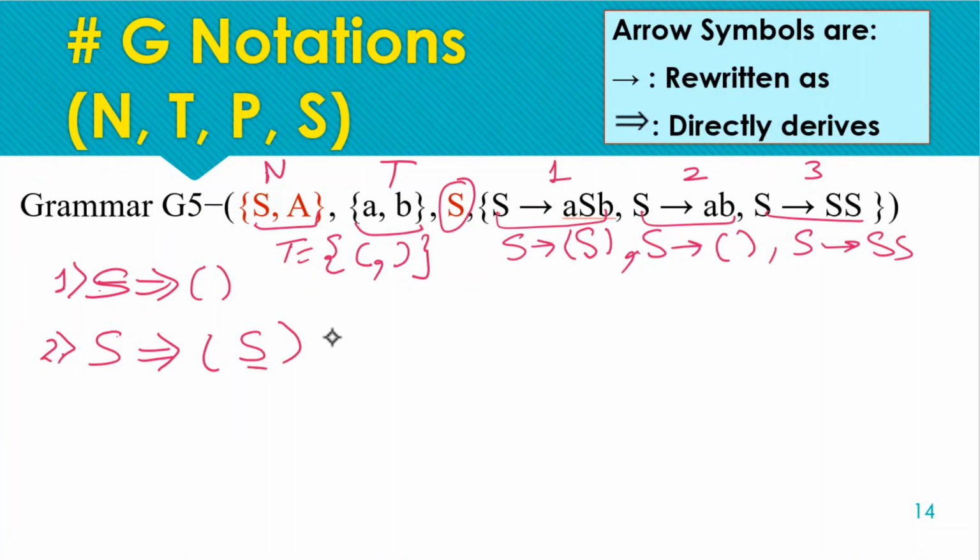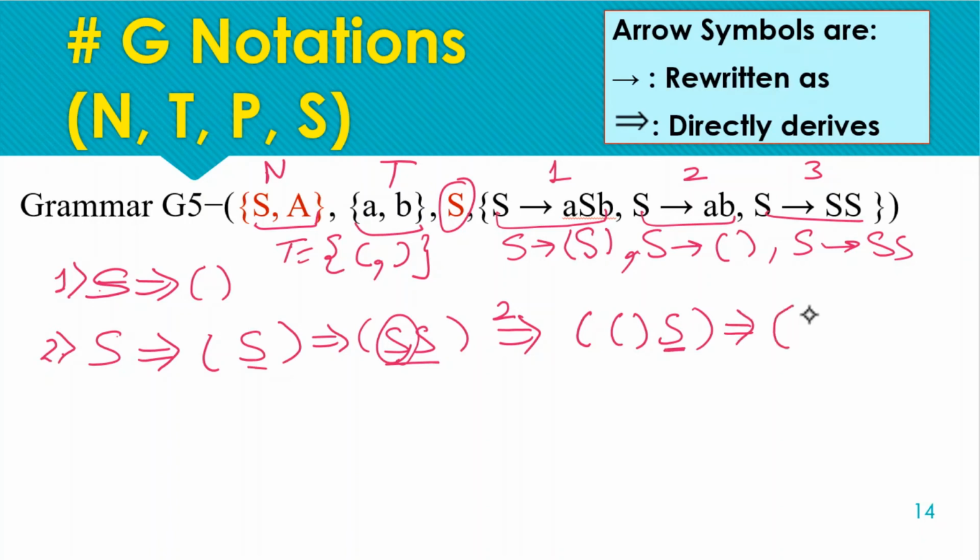So here S can be rewritten as double S by the application of rule number 3. Now, further terminating, we can replace this non-terminal with a terminating string. Next, this is by the application of rule number 2. Now further we have this leftmost non-terminal, so rewriting it further we get this pattern. And you can generate any pattern of parentheses by the application of these production rules. So this is the well-formed grammar for the balanced string of parentheses.